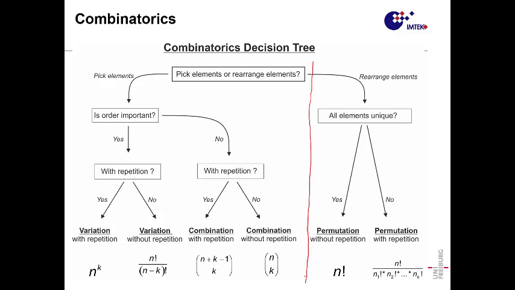So if you go to the side of rearranging elements, you have to ask the question: are the elements unique, or are they not unique? An example of being unique is, for example, you throw the die and you get 1, 2, 3, 4, 5, 6. They're all different. Another example of not unique would be colors. It could be that 2 elements are blue, 2 elements are red and 1 element is green. So they are not unique. They share some properties. Okay?